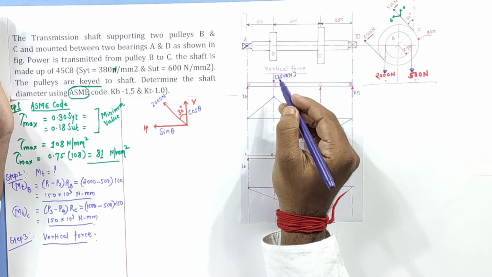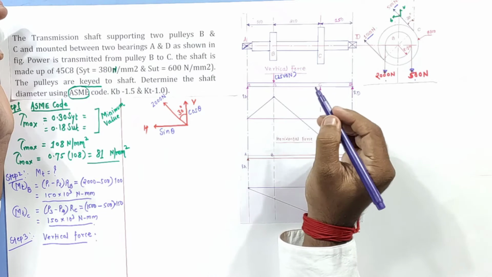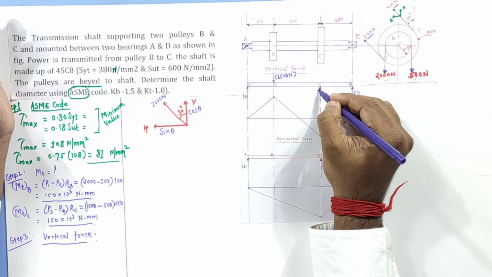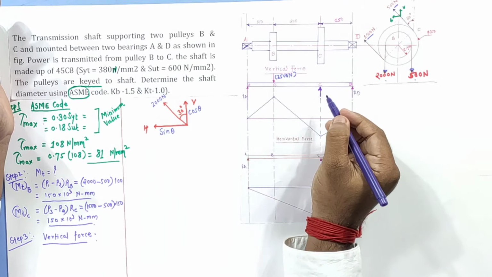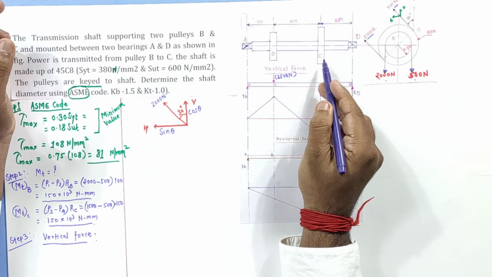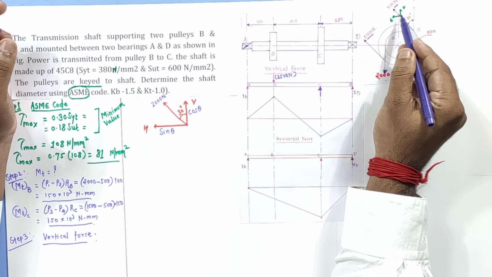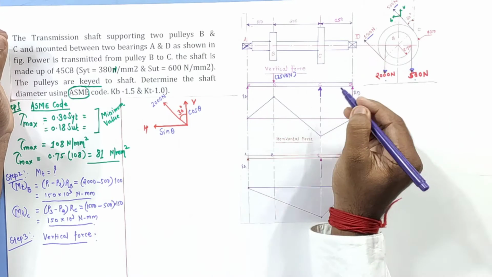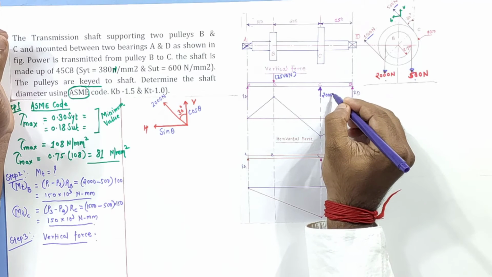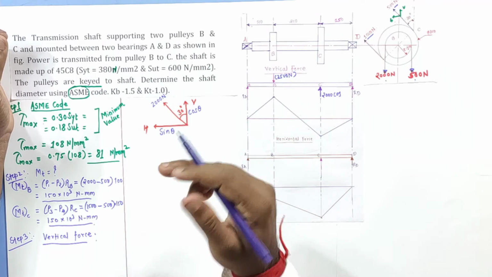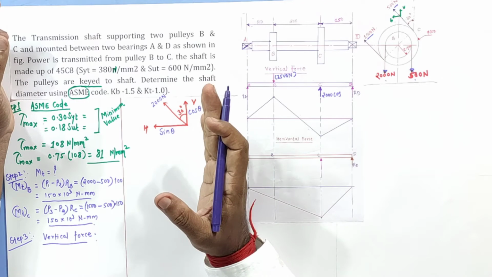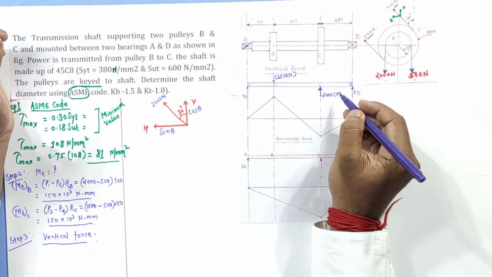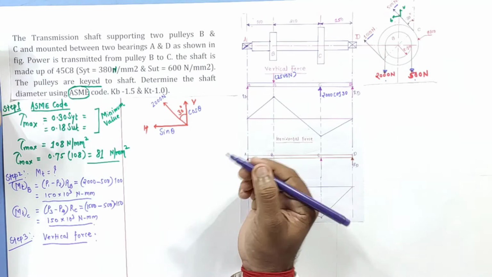So that's why downward. To balance this force, an equal and opposite force can be generated by the other pulley, that is C. So we'll have to consider this will be the upward direction, and this will be the vertical force for pulley C. Coming to point C, C has 30 degrees. I have written this is for the bigger pulley. So I can write here 2000 cos of 30, because cos is the angle which directly meets the vertical axis with respect to the belt. So that is cos of 30. This will be the vertical force.